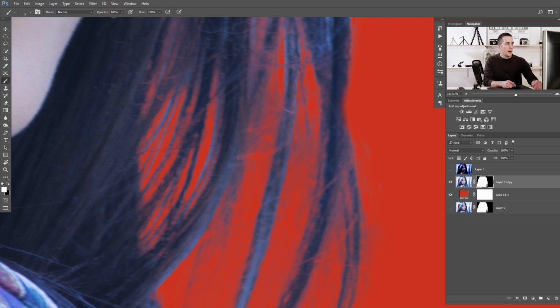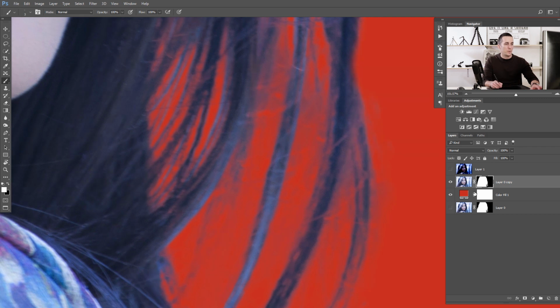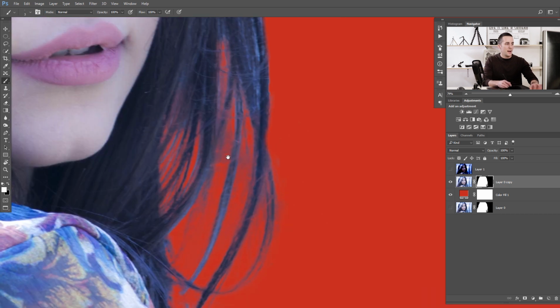And let me show you how you can fix these harsh edges here of the brush. Just double tap on the layer mask here and use the feather option and just feather it maybe like this. And as you can see, it's already better, and we will leave it like that, and every stroke from now to the end will be feathered, and that's great. And now I will not